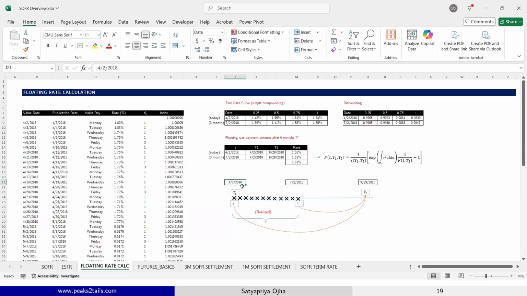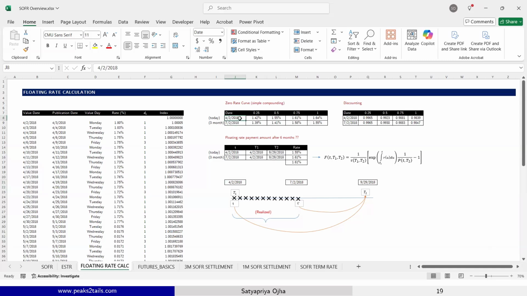When you are here at T1, the floating rate based on which the coupon will be calculated is pure expectation. You haven't seen any SOFR published yet between this period, right? You are standing at T1, and the entire rate can be derived from the yield curve. So whatever is your 6-month rate that you have constructed as part of your yield curve construction, take that and calculate the floating coupon. Okay, but that is not the final settlement. From a valuation perspective, you need to be able to project the floating cash flows and then discount them. Correct. So the forward rate can be easily calculated looking at the yield curve that you constructed on